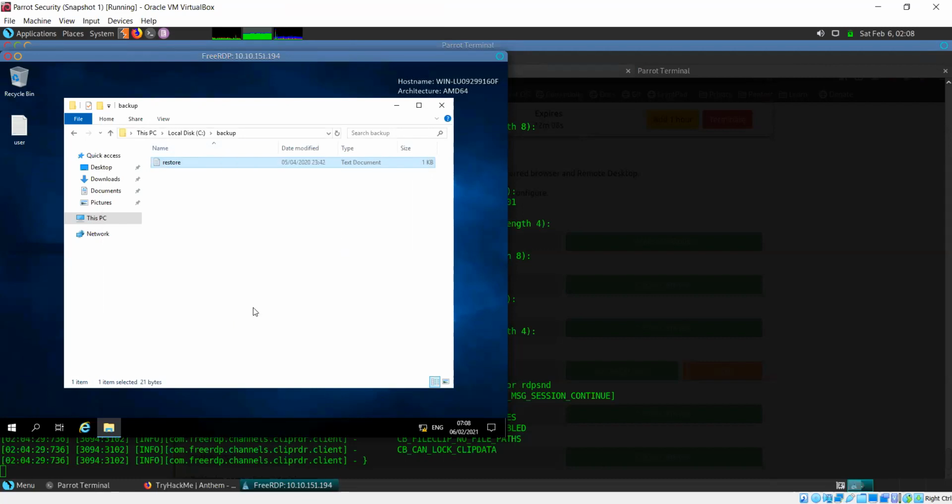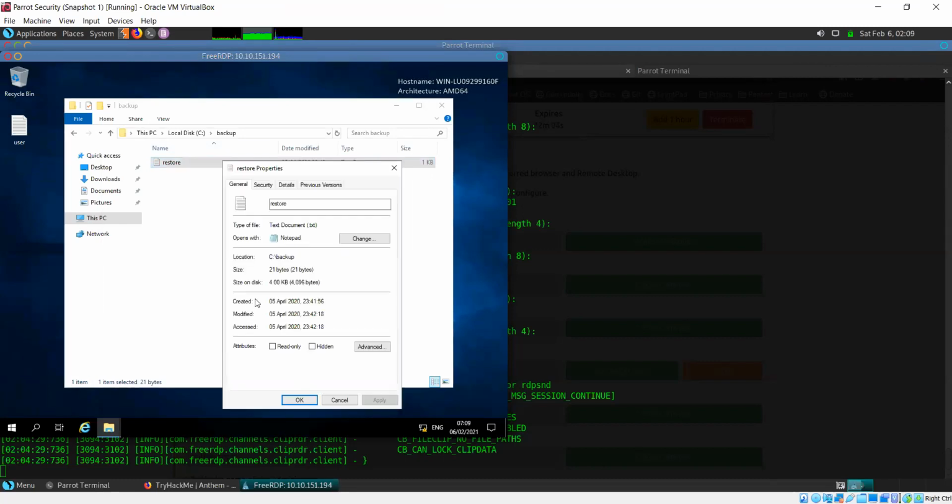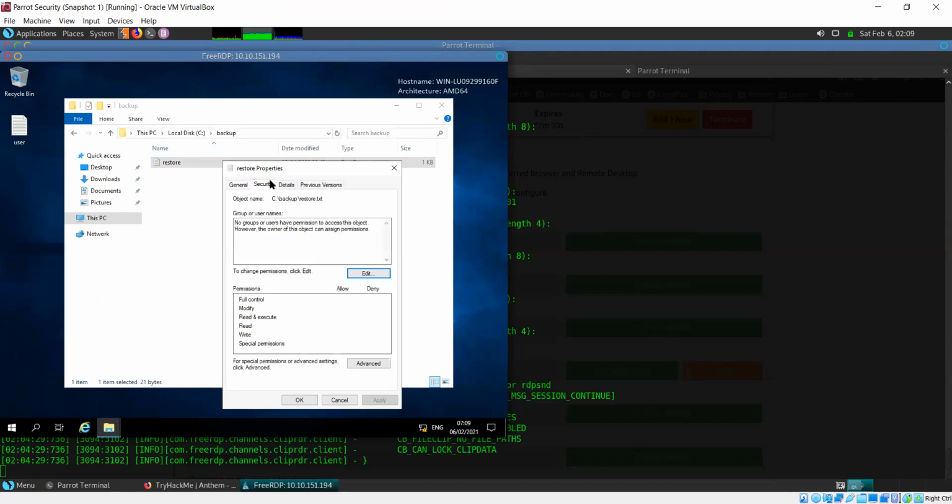I'll go to the security tab, and what it says here is no groups or users have permission to access this object. However, the owner of this object can assign permissions, but there is no owner assigned either. So I can try to change the permissions here.